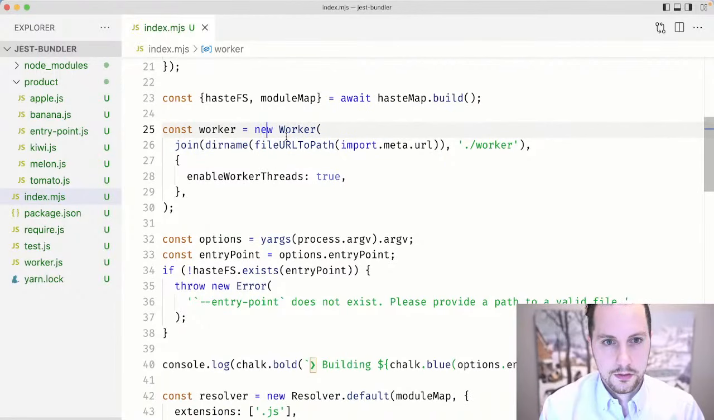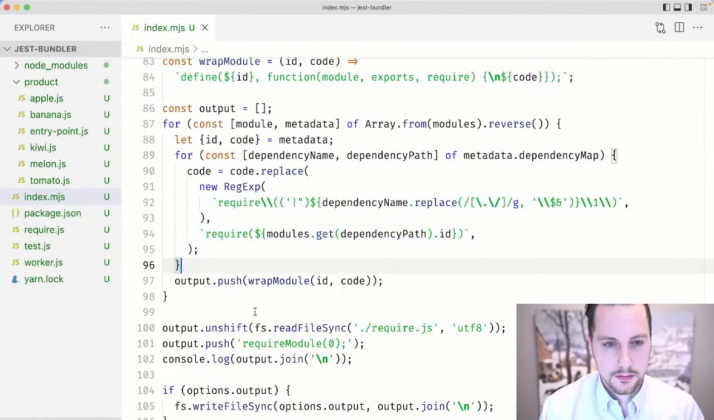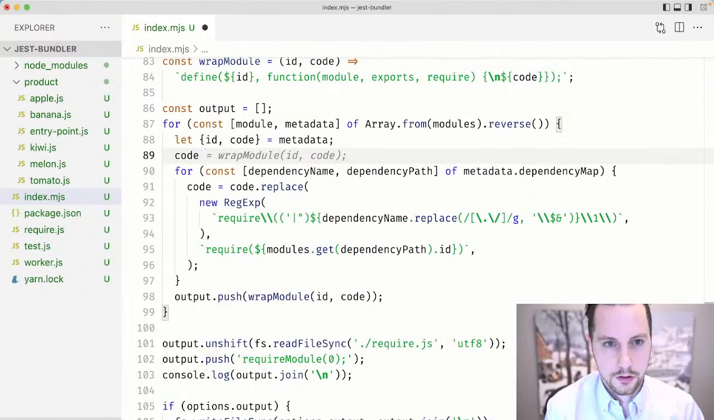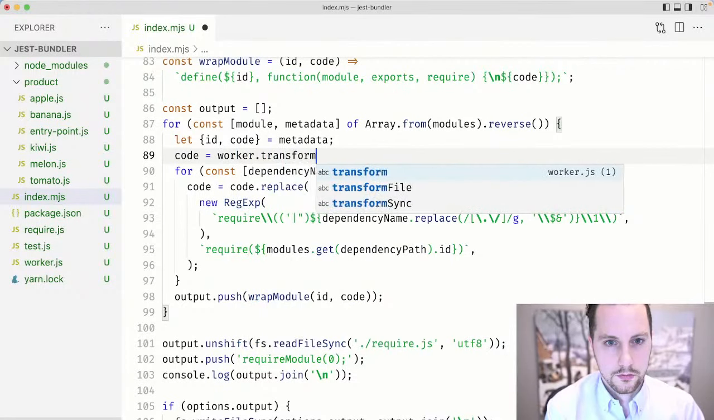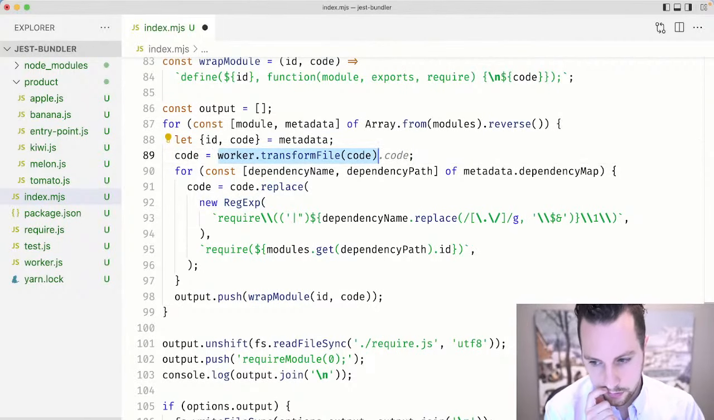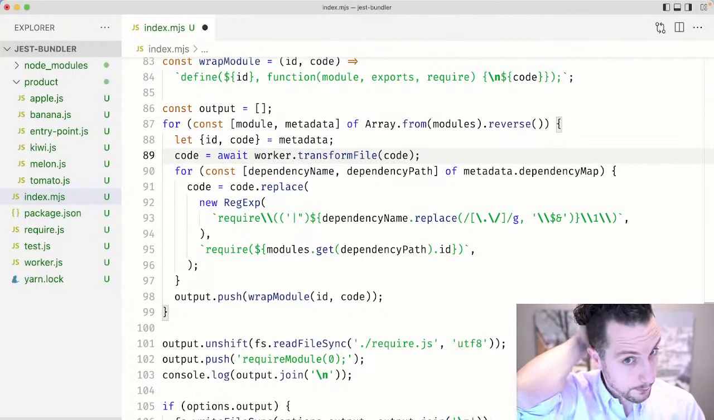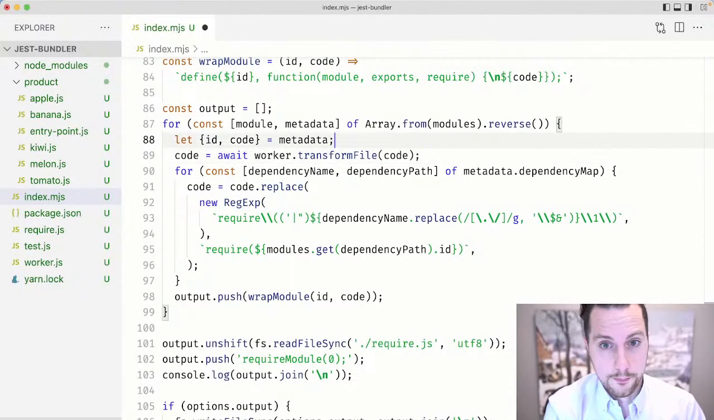It's wild. Okay, and now we have this worker, and now here we can start calling this in a worker process. So what we need to do here, well, no, here we need to actually transform the code. So this should be code equals worker.transformFile code, but then that I think returns a promise. Wait, not promise, it's async, so we can do this. But we have a for-of, and we want to do this in parallel, right? So what we want to do is